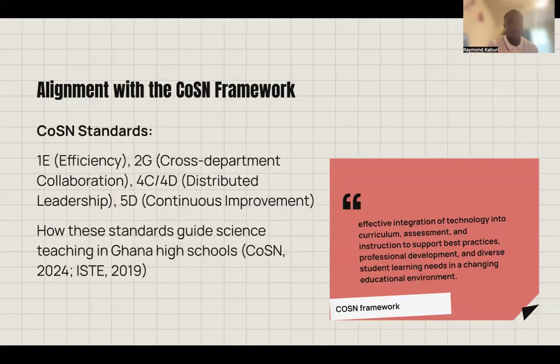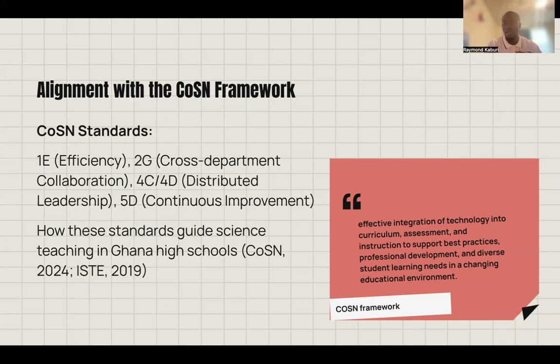Now, I have said clearly that I am aligning myself with the COSN framework, and the COSN framework has standards: the 1E, which talks about efficiency; the 2G, which is cross-departmental collaboration; the 4C or 4D, which talks about distributed leadership; and the 5D, which talks about continuous improvement, which we mentioned earlier. And how these standards guide science teaching in Ghanaian high schools is that I've made mention of a few of them